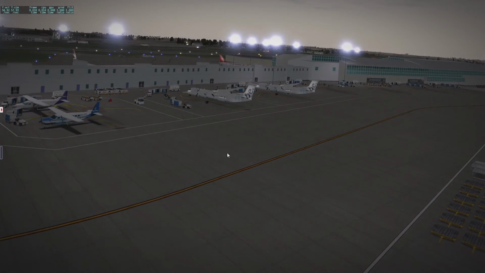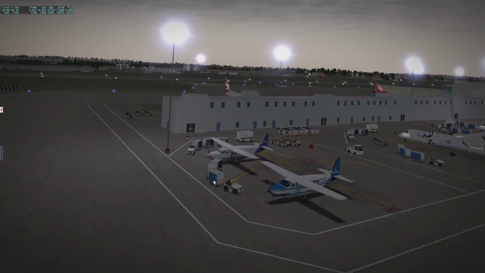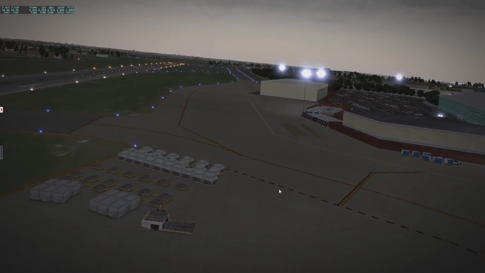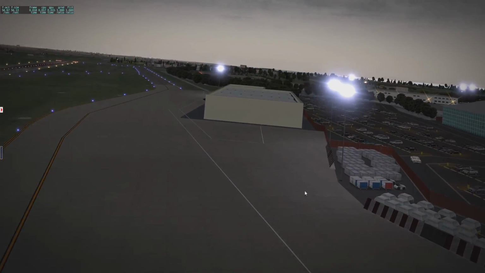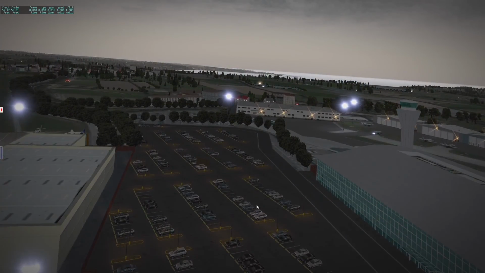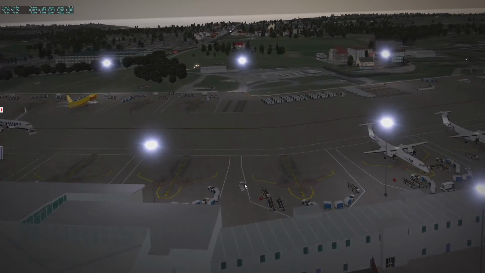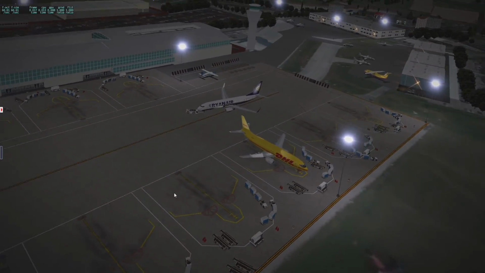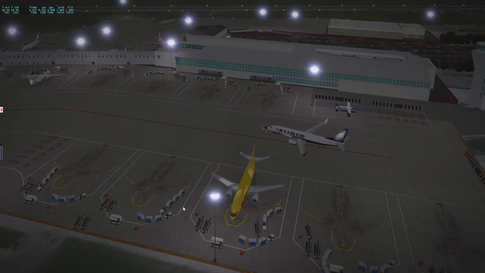The scenery I'm using for the airport is scenery I got off of the Xplane forums. I forget who made it. I can't remember, I'm really sorry, but it's really nice. It's got a populated car park, and the buildings are quite good too. I myself, whenever I get stuff off the Xplane forums, I immediately remove the